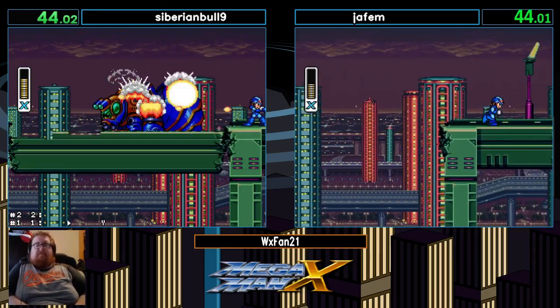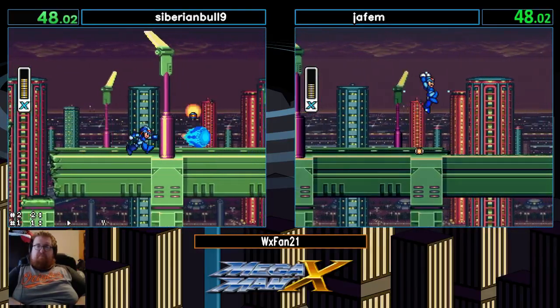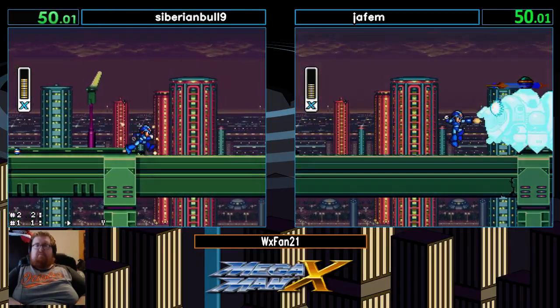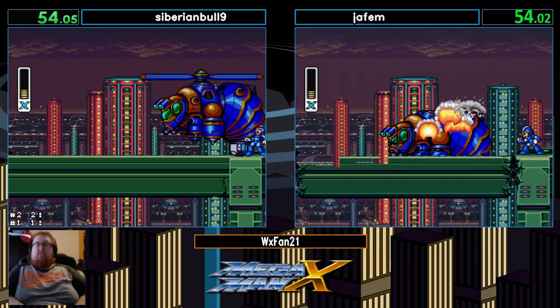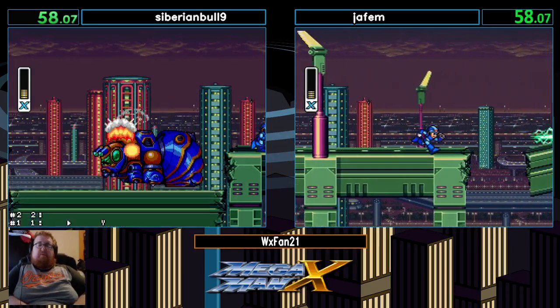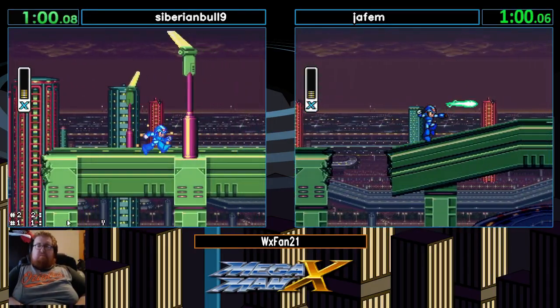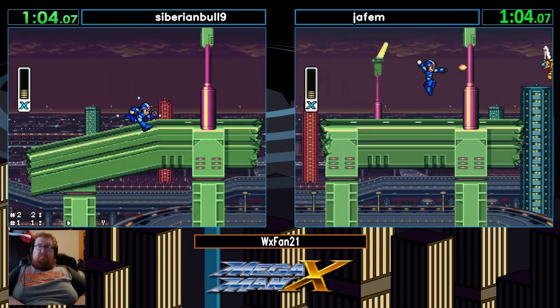Mechanical B is going to fall. Jafem out to a very quick lead, but again, very neck and neck. Jafem out of the second B, so is Bull. And the racers are actually going to be doing something a little different here. Typically in Mega Man, you want to make sure your health is as high as possible. However,